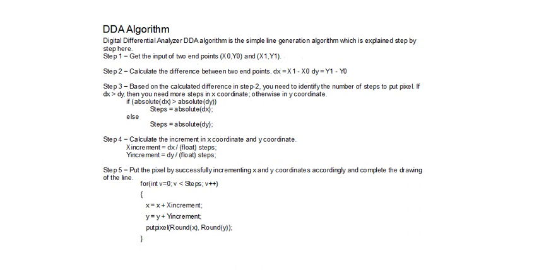Like if the change in x is 10 and the change in y is 20, that means you have to display 20 pixels. If the change in x and change in y are both 15, then you have to draw 15 pixels. If the change in x is 15 but the change in y is 10, then you have to draw 15 pixels actually. Because whenever you are going to draw the line, obviously every coordinate position has to be drawn. So for x you need to draw all the pixels, for y you need to draw all the pixels.